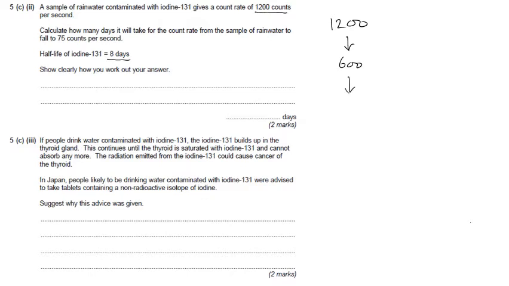In another 8 days it will go down to 300. In another 8 days it will decrease to 150. And then another 8 days it will halve again to 75. So that was 8 days plus 8 days plus 8 days plus 8 days, which is a total of 32 days. So in this case it was 4 half-lives,